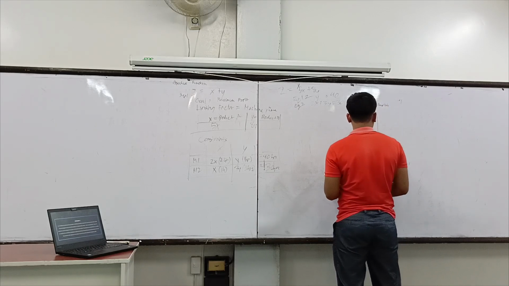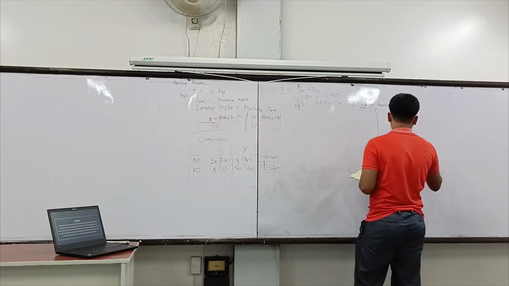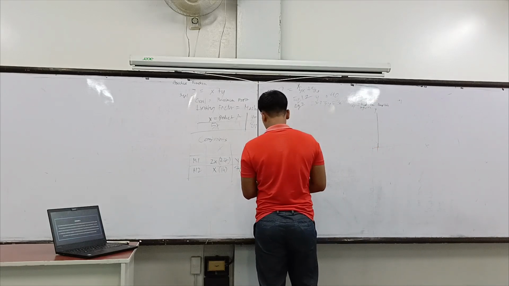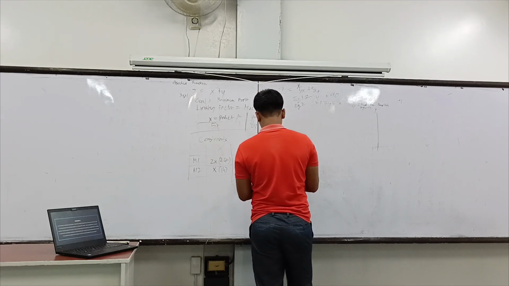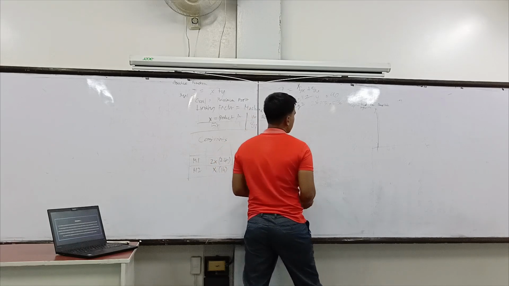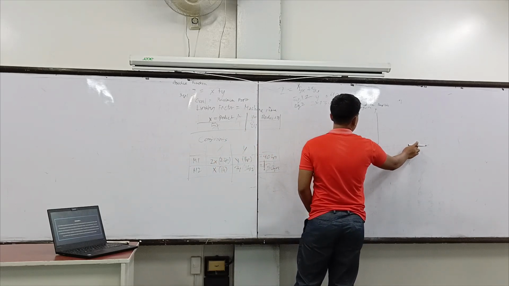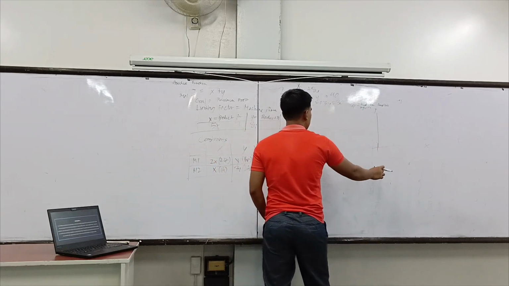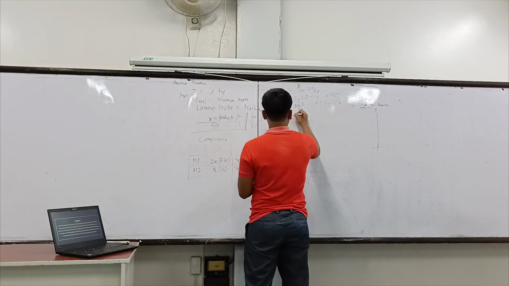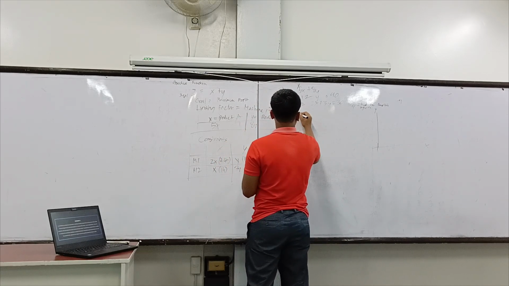Vertical is our y, horizontal is our x. Now, to get the value of x, in order to know what we're gonna put the point here, we're gonna copy the equation 1,